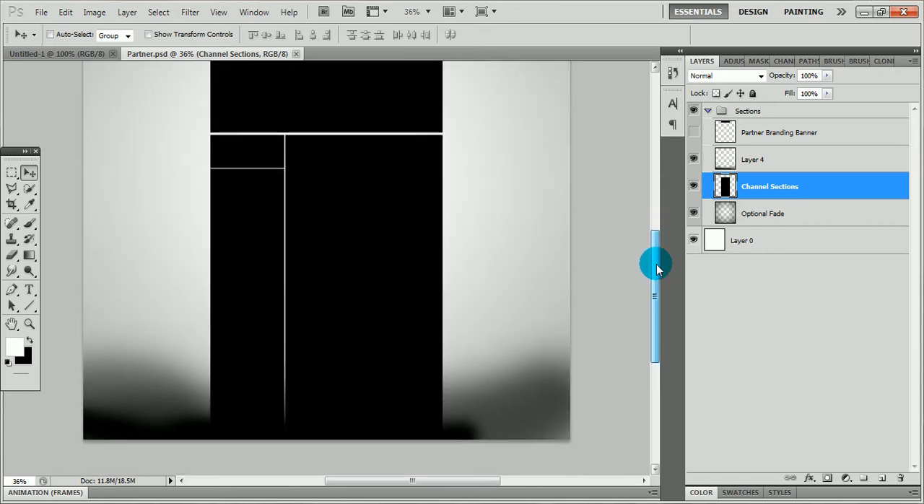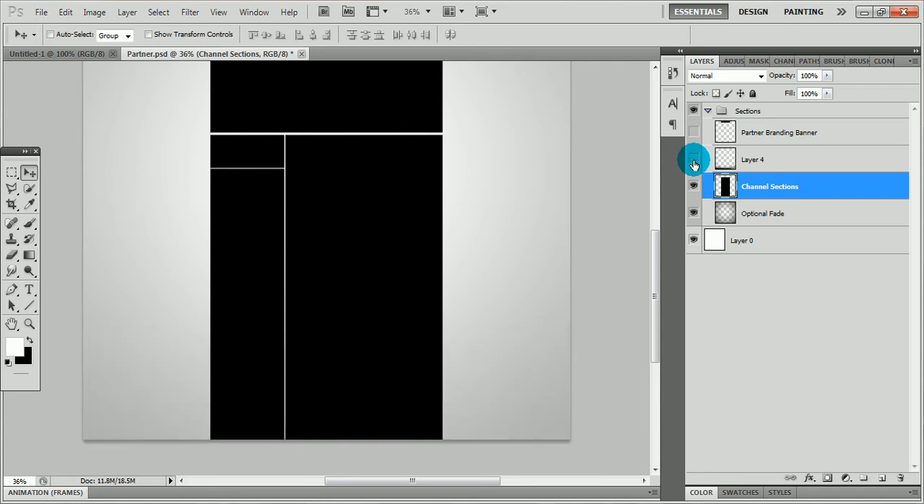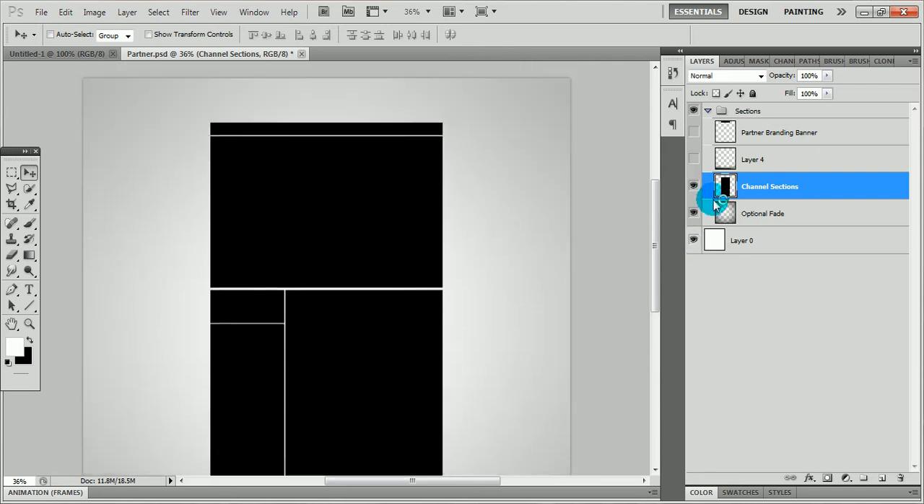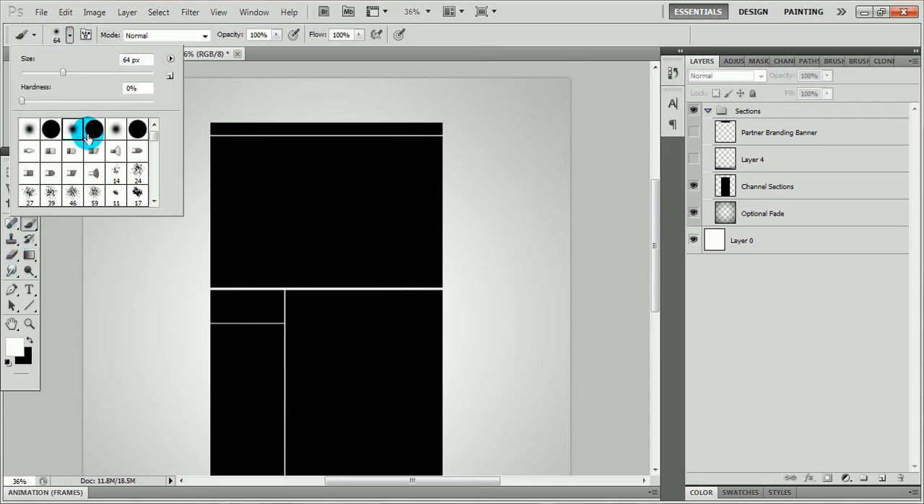Now I can actually toggle this fade. I hate that. And I can also toggle this fade. So I like that, and I'm gonna keep it. So first thing I like to do is get my brush. I like to get this faded brush and crank it up about